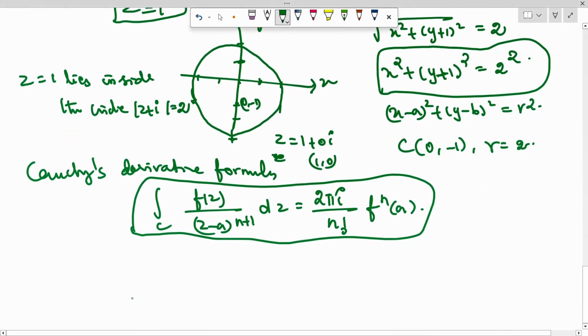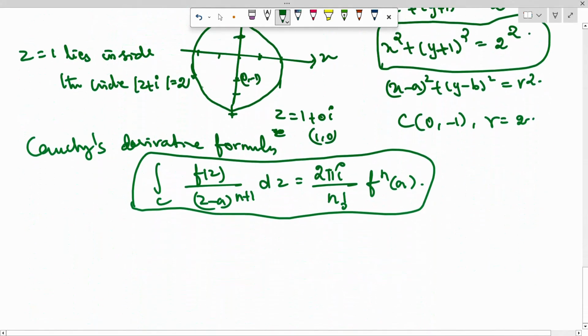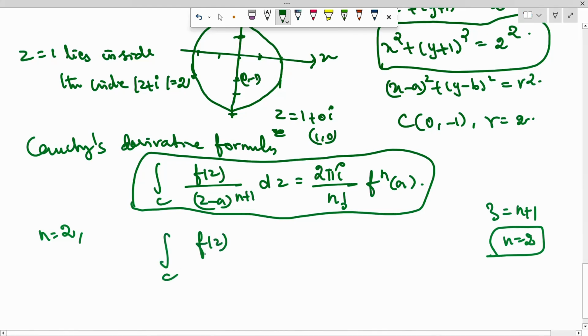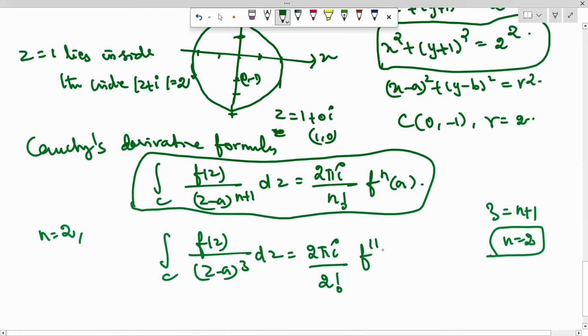Okay. In the given question, check the denominator term. In the denominator term, power value is 3. You just compare with this formula. Power value 3 means 3 is equal to n plus 1. Therefore, n is equal to 2. In this general nth derivative formula, substitute n is equal to 2. Getting integral of f of z by z minus a whole cube dz is equal to 2 pi i by 2 factorial into f power 2 of a. This is the